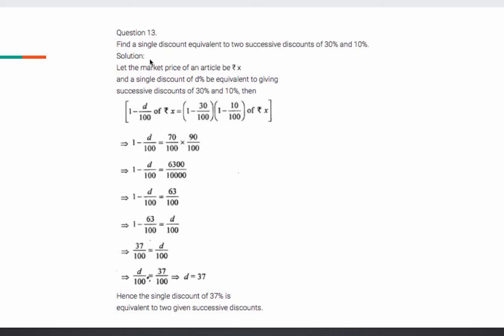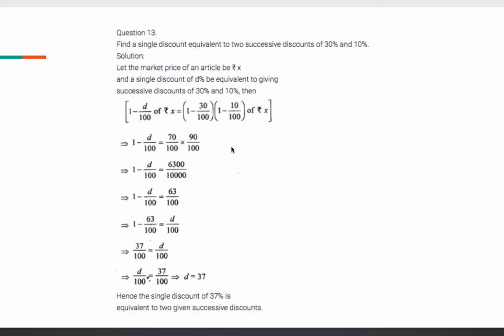The price that you will pay will be what? It will be the selling price for the dealer. This is CP for you, and for the dealer it is the selling price. So what we have to calculate is basically the selling price. Students, the formula is, please listen very carefully so that there is no problem. The selling price formula when two discounts D1 and D2 are given: selling price equals 1 minus D1 upon 100 into 1 minus D2 upon 100 of the marked price.